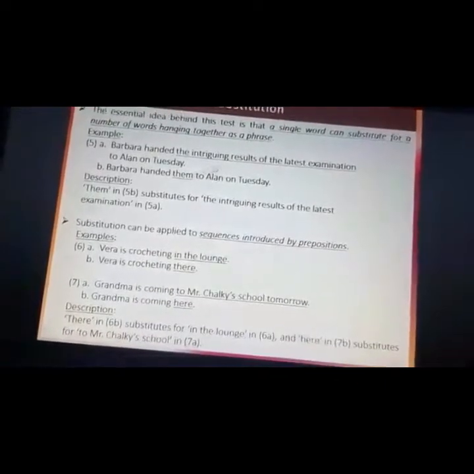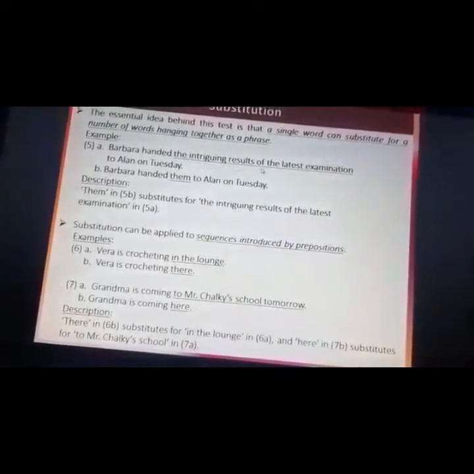Seperti teorinya, a single word ini kan them, a single word, satu kata mengganti beberapa kata. Bayangkan ini berapa kata ini? 3, 4, 5, 6, 7 kata bisa diganti dengan satu kata, them. That's why pada kita belajar bahasan constituent structure, seperti yang kemarin transposition dan sekarang substitution, adalah untuk membentuk, to make